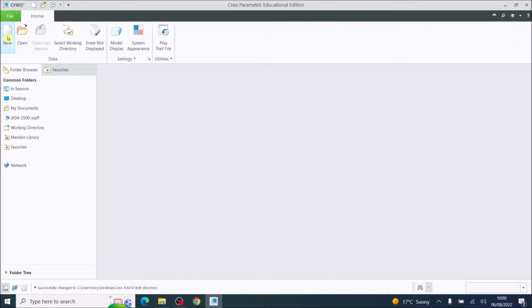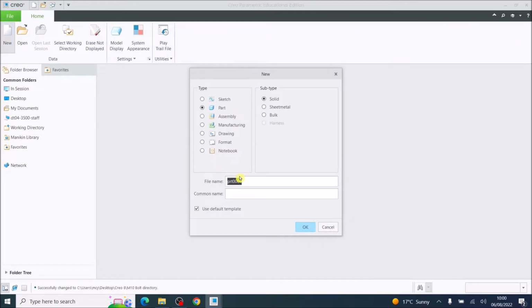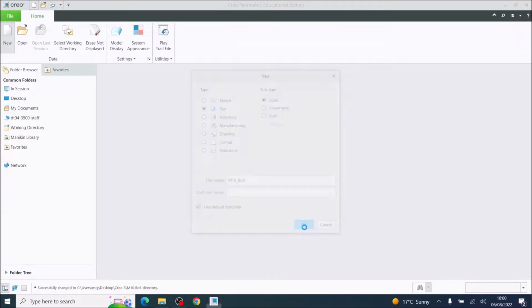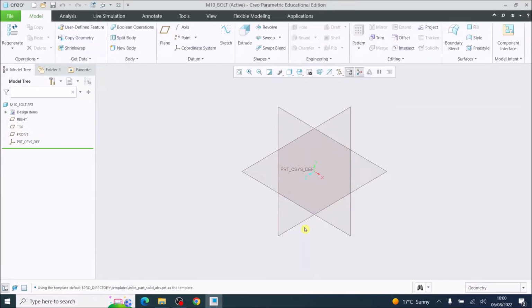Then we're going to go to New and we're going to call this M10 underscore Bolt and choose OK, and your modeling environment will open up. Okay, we're going to start with the top plane. You can select it in the model tree or you can select it in the environment, and we're going to